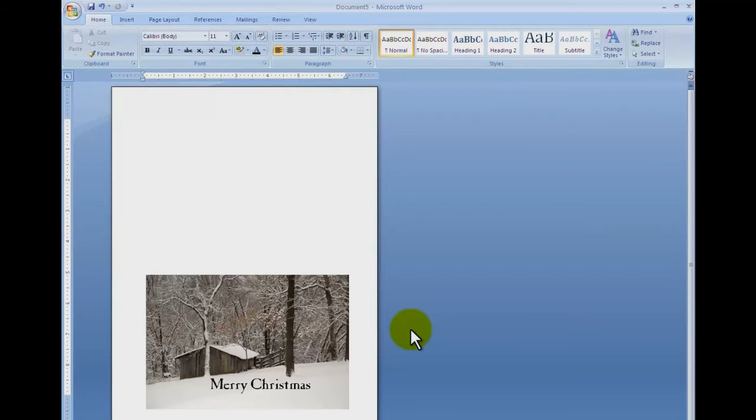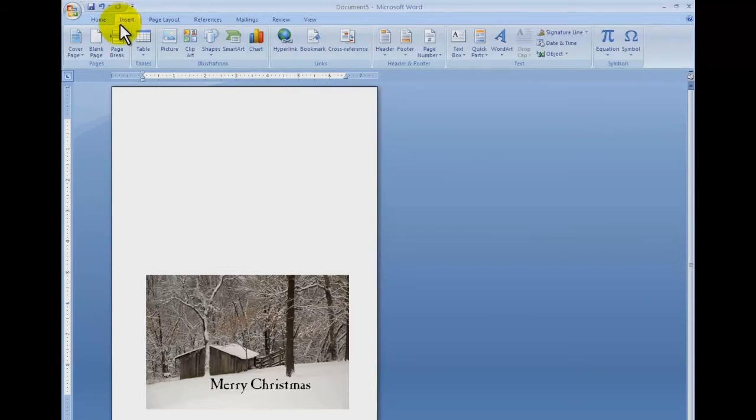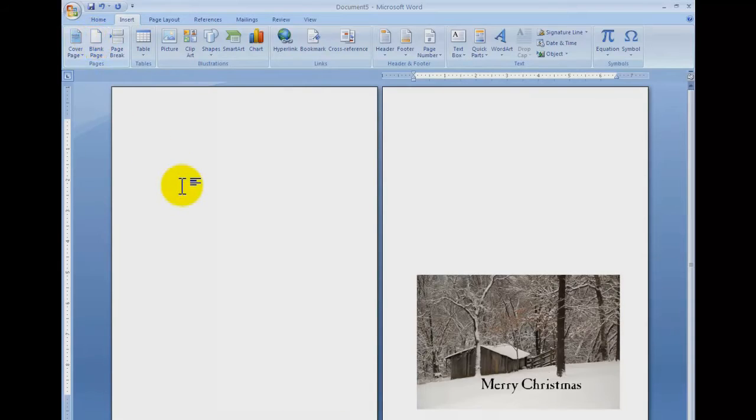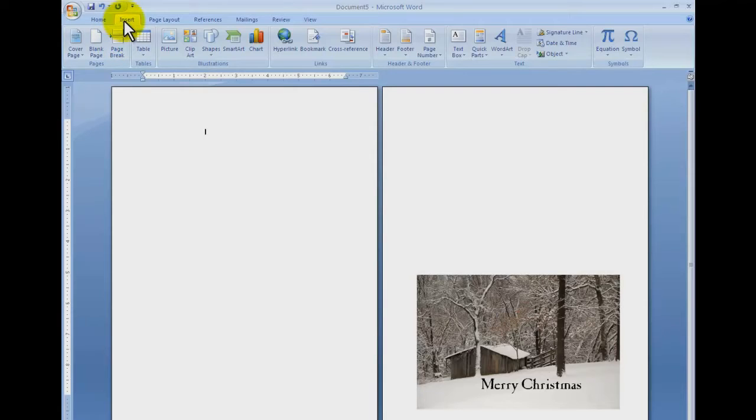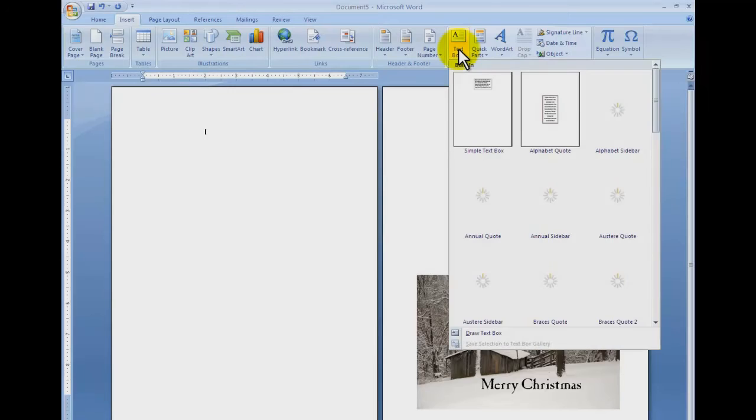Alright, so we've finished with the front of the card, and now we want to go back up to the top and hit insert and hit blank page. And that will open up another document. Then you go over to that, and you want to hit insert again, insert text box, and again go to the bottom of that screen,